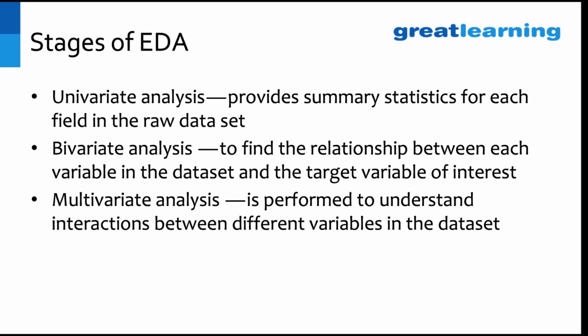It can be mean, it can be median, it can be trending patterns, ups, downs, whatever it is. You do only one variable level analysis. Then two variables, when two variables have an interplay between them. For example, when temperature is coming into play and water scarcity in a city, as the temperature goes up, water scarcity goes up. As the temperature goes down, water scarcity goes down. Just these two variables, how much they are connected with each other, how is one related to the other one, is a bivariate analysis.